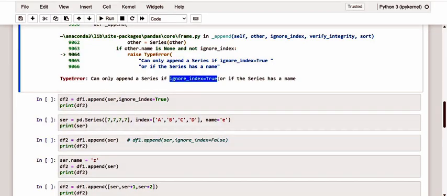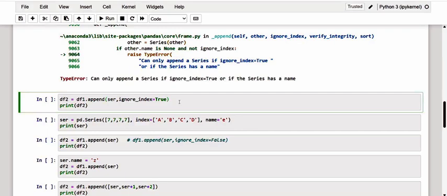Okay, so as we can see from the error message, if we want to add a series to a data frame, we will have to add the optional ignore_index parameter, set to True, among the arguments passed to the append method, or have a previously assigned name, which is an attribute of the series. So if we ignore the indexes, setting ignore_index equal to True, we will have the addition of the series at the bottom. Kindly have a note of how it's going to happen.